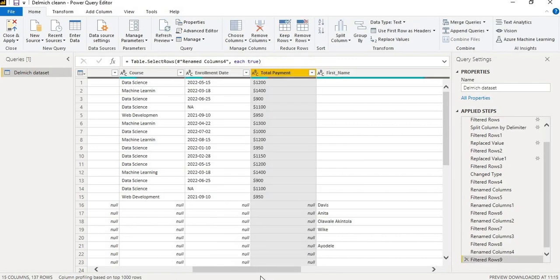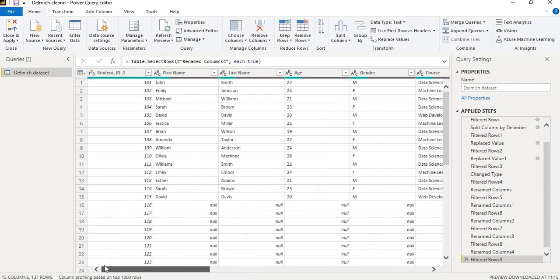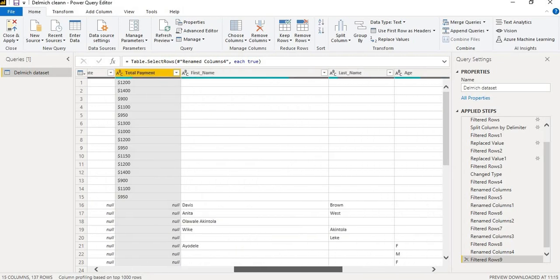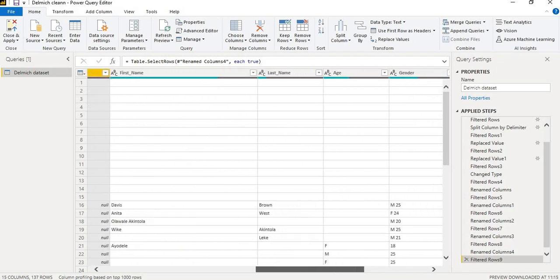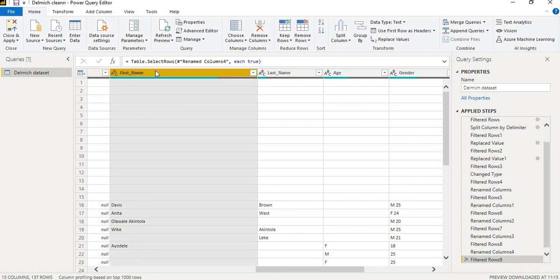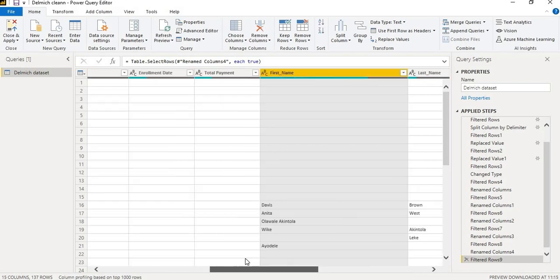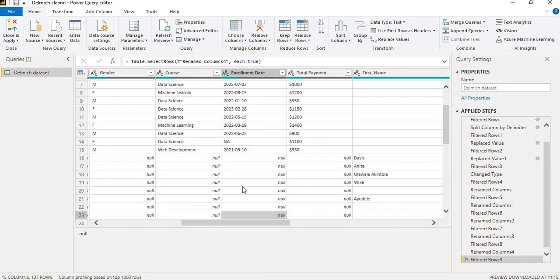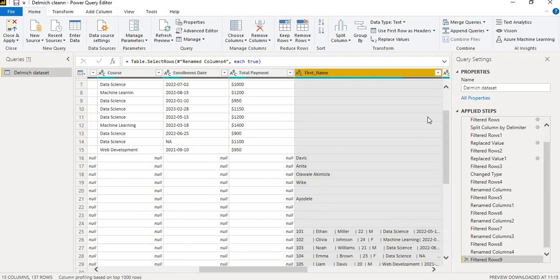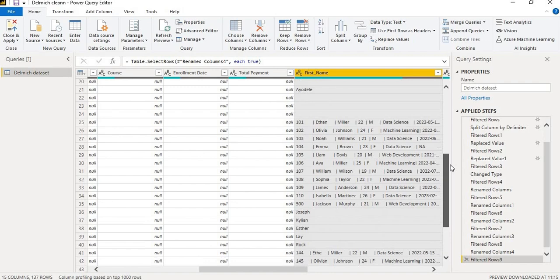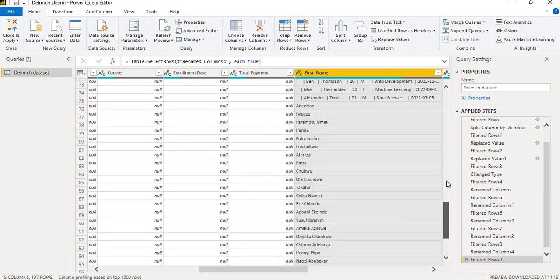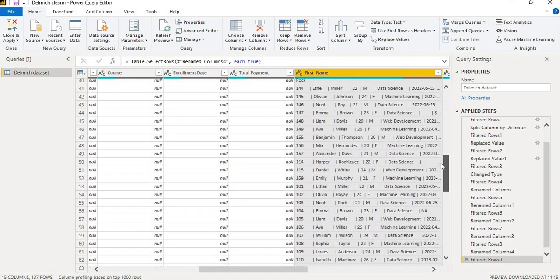Now, the first half of the data is a bit cleaned, right? So we are going to be going ahead to the next step. Now we have another set of columns having the same headers, but the values need to be cleaned, right? Now let's start with the first name. Let's see what is happening there. And the first name, we also have some unusual values. Exactly, it's the same way we have them in